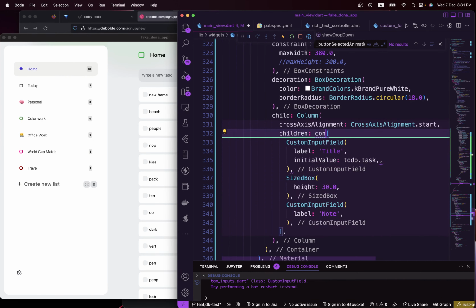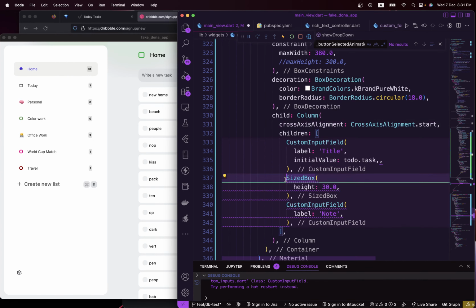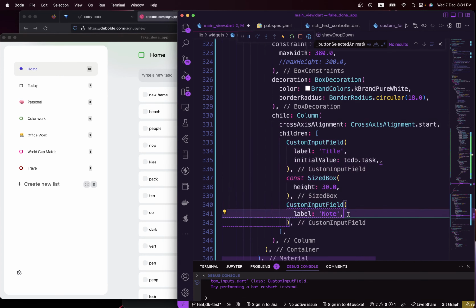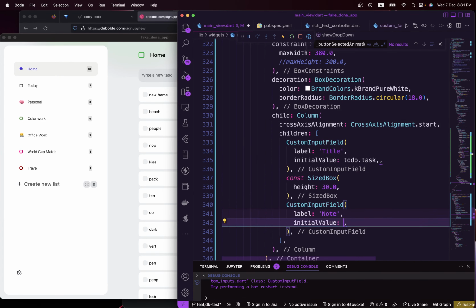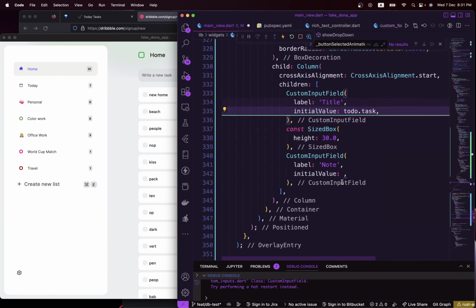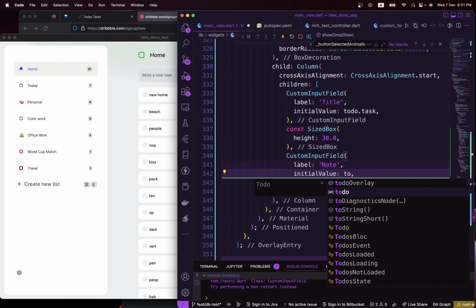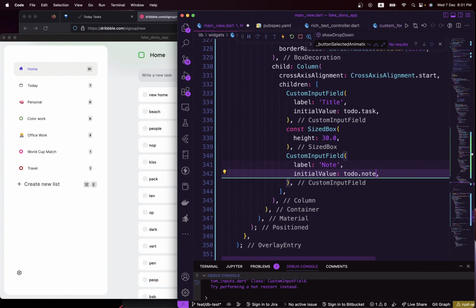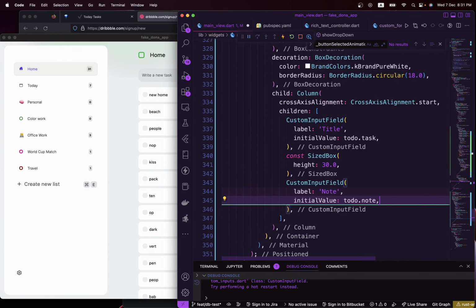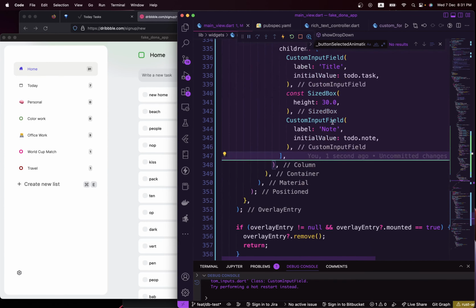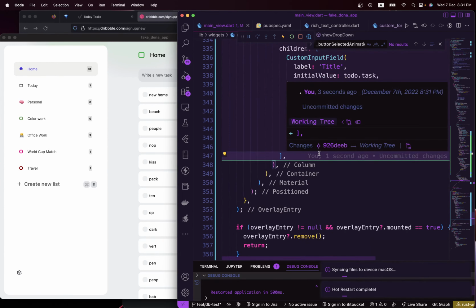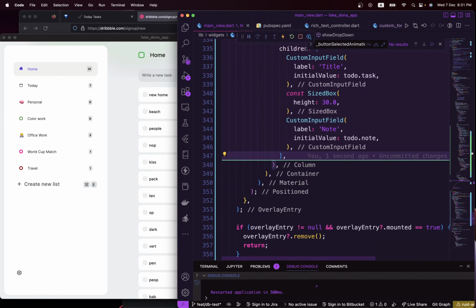Okay, yeah. I have initialValue also. Yeah, there you go. toDo.note. And if you save both of these and try restarting our app to see the changes that we just made right away,